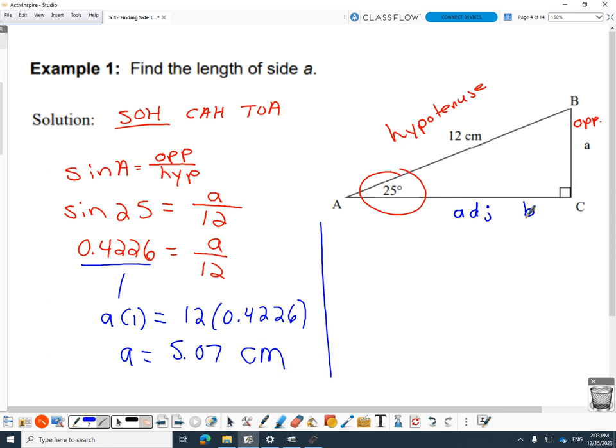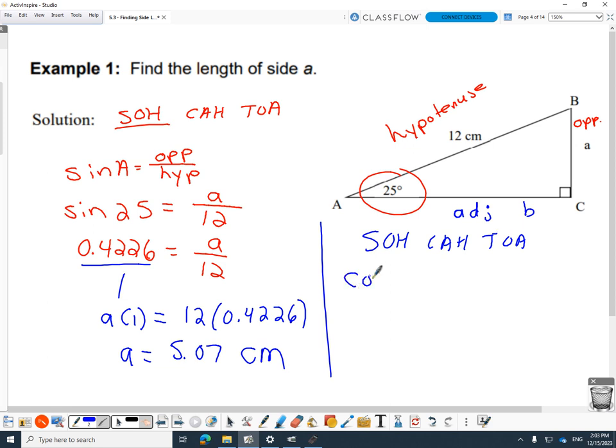Now, I write down SOHCAHTOA again. This time, I have hypotenuse, and I want adjacent. Which one has the H and the A so I can solve? CAH. That's all SOHCAHTOA is. SOHCAHTOA is a guide to which one to use. So this time I'm going to use cos